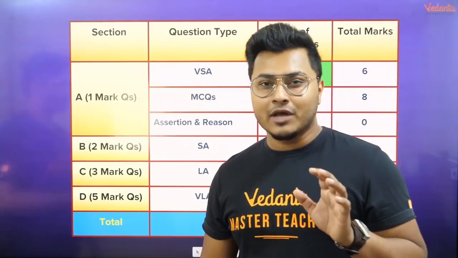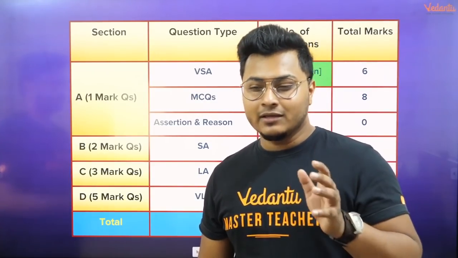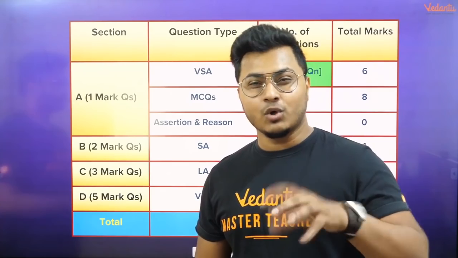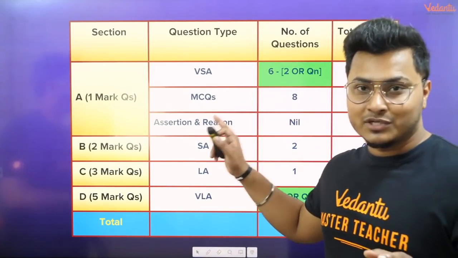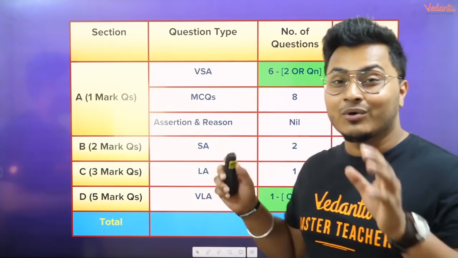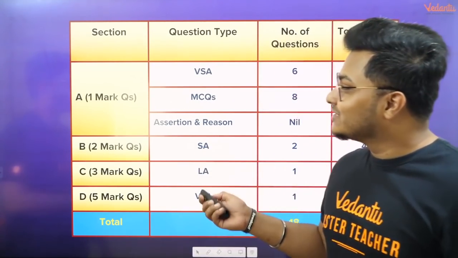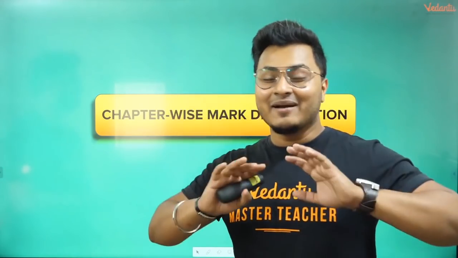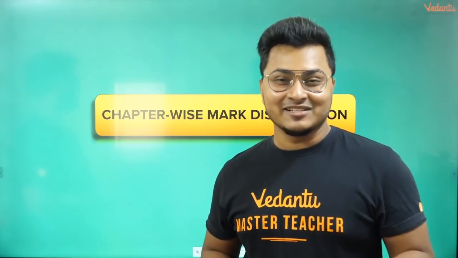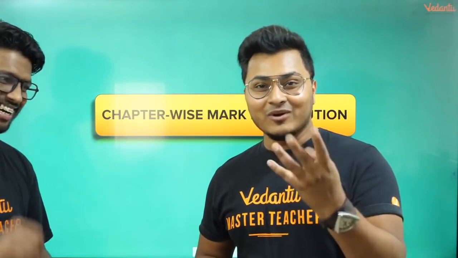So just focus on all the chapters as much as you can. Do not think one chapter has or questions, so I'll leave that chapter out, because still we have only discussed 1 mark questions here. We have not discussed which questions, which chapters are in. We have not entered into this particular category which we're going to go into: chapter-wise mark distribution. So do not think of skipping any chapters. Yeah, don't take it in the wrong sense. Right, there are only 4 chapters anyways.